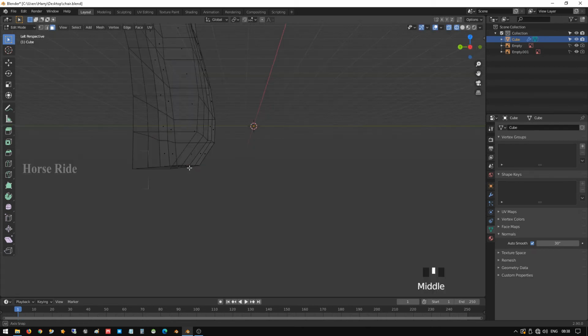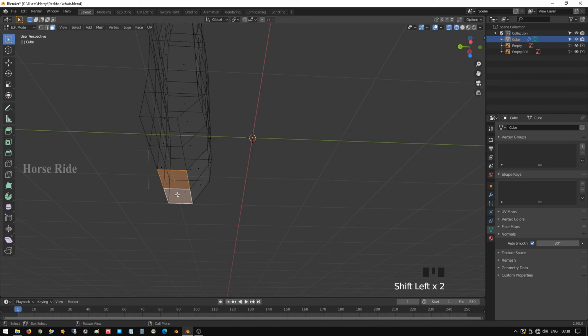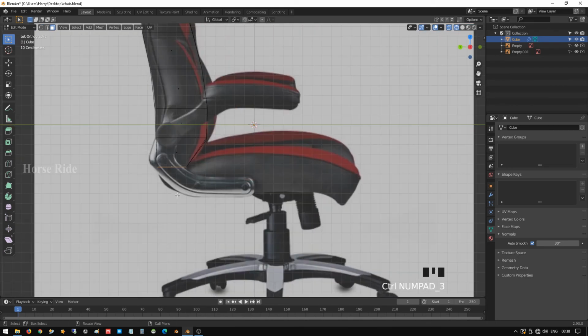That one let it be same. Okay, let me select the bottom, and E to extrude Z, and set one more hand like this thickness, and here go to vertex mode G, select this one G,